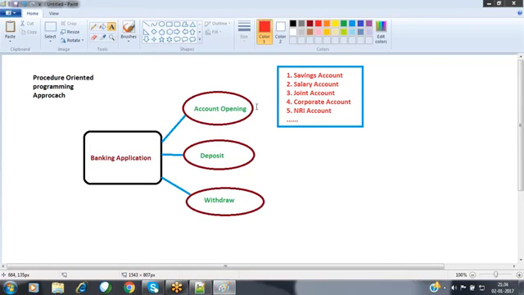Inside this account opening, depending upon the need of the customer, we are going to provide this option to these users. We are going to offer the associated type of account for my customer. In this kind of scenario, for each and every account type, we have different policies available. If you want to open a savings account, then we have to pay some minimum amount, some 1,000 rupees or 10,000 rupees, whatever.